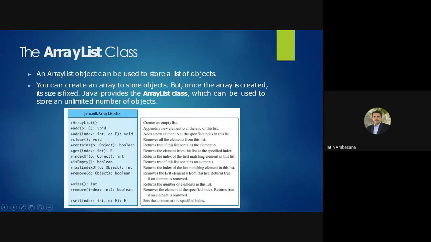You can create an array to store the objects, but once the array is created, its size is fixed. That's the problem with an array, not an array list. For example, if you write p is equal to new int[10], then see what happens.